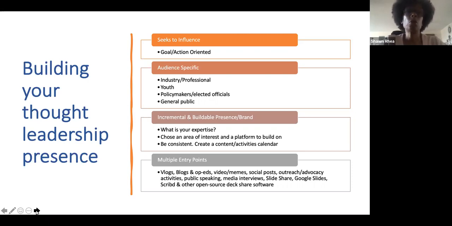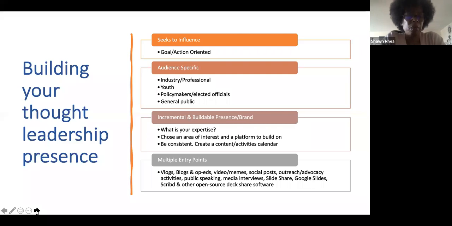You may want to focus on youth and getting them excited about science. You may want to focus on getting policymakers and elected officials to better support science. And you may want to just focus on the general public and helping them become science literate and understanding how the work that you're doing actually affects their daily lives.